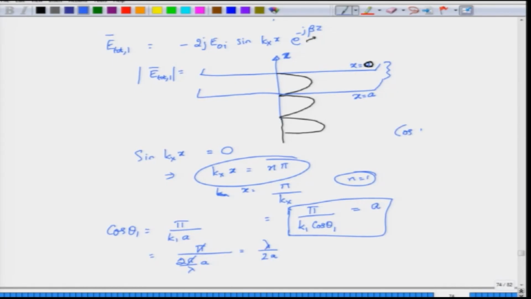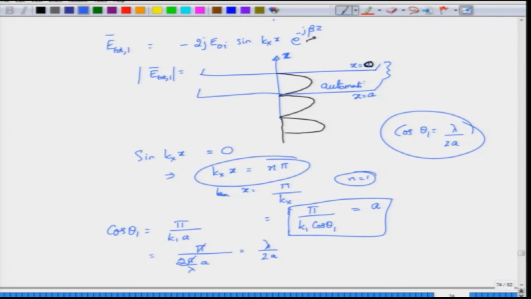So, this is the first angle of incidence theta 1 you get for a fixed value of lambda and a fixed value of a. If you send in light at that angle, the light that gets reflected causes the overall electric field in region 1, below the first plate, to periodically go to 0, and the insertion of a second plate at x equal to a does not really change anything in terms of the field. The field automatically satisfies the boundary conditions, and therefore this structure can be considered as a waveguide.